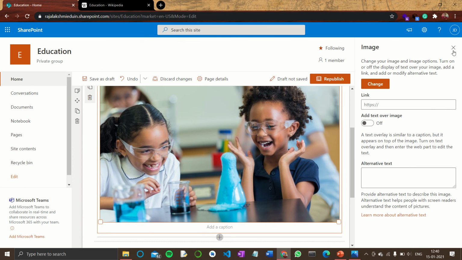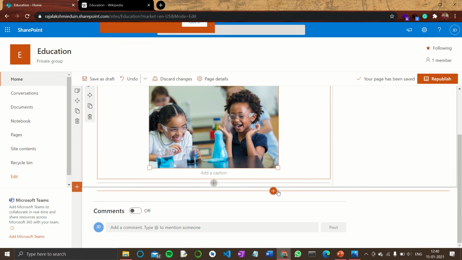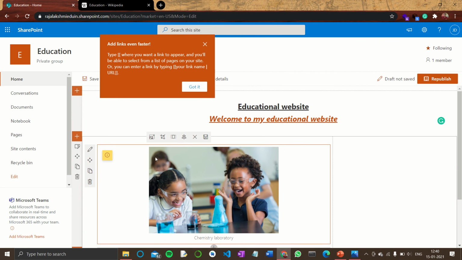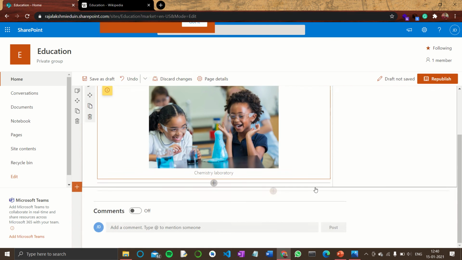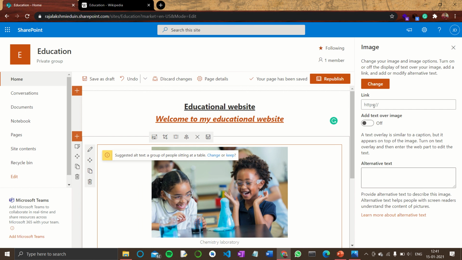Now for this image, you can resize your image. You can add a caption to your image. And you can align your image either left, right or middle. I will give middle in my case. Later, if you choose edit web part, you can add links to the image.